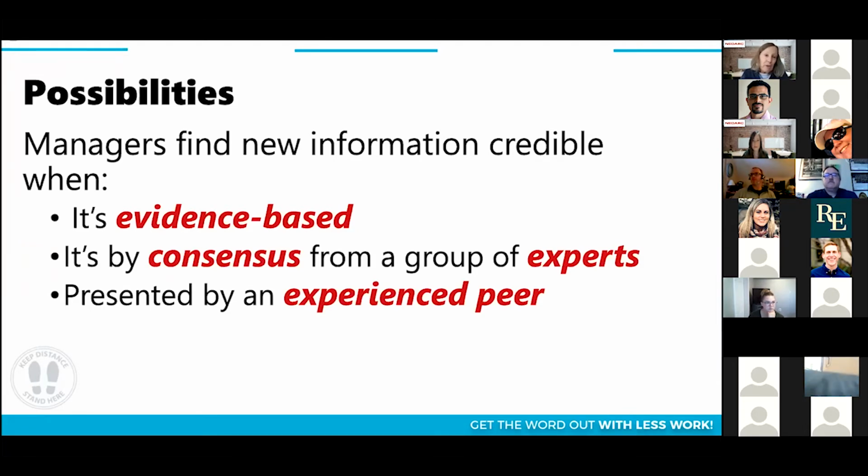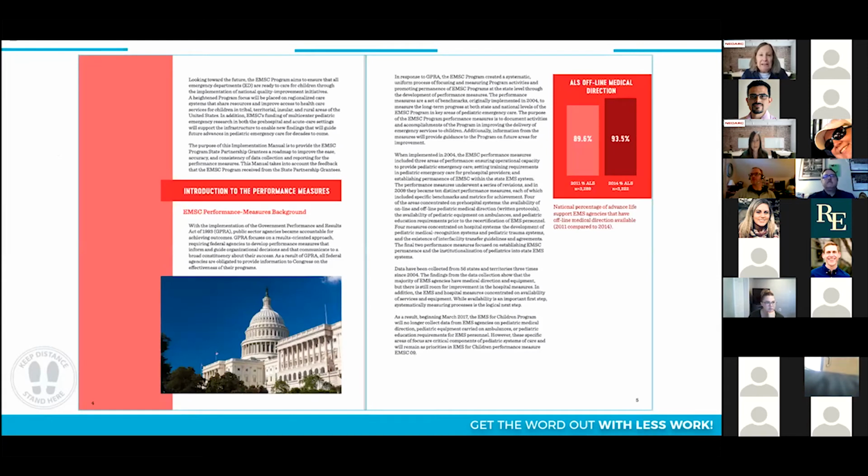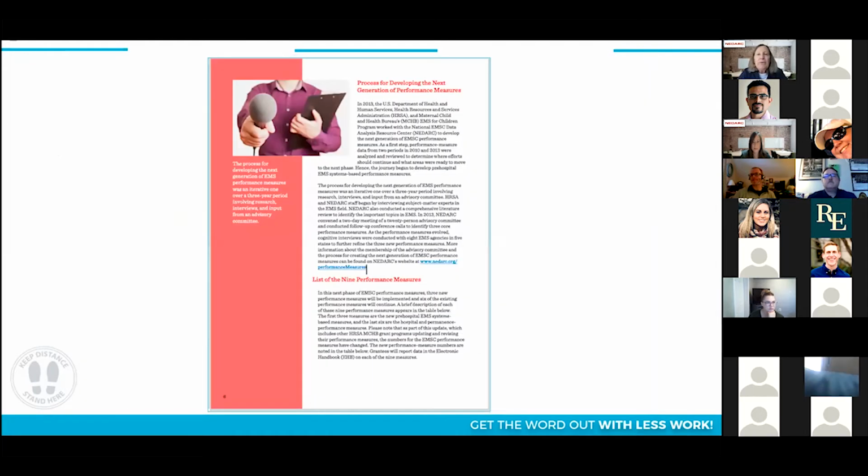information. So what we did in the manual in the beginning was we did an introduction to it. That provides background, it provides history, and it also provides some data to show you where we've been and where we need to go. Again, credible, evidence-based information that's available to you. How did we develop these measures? The process for developing?